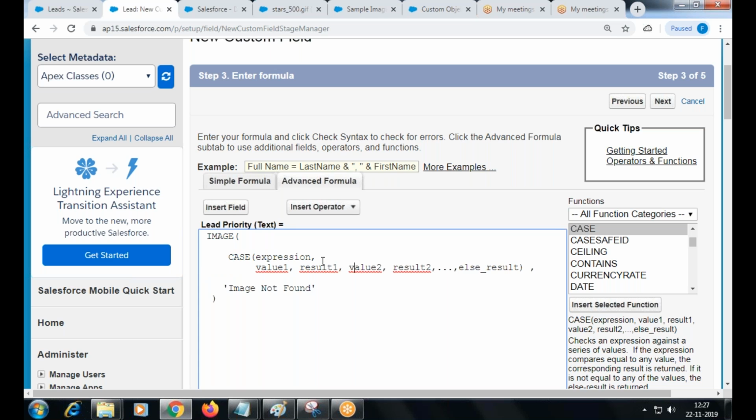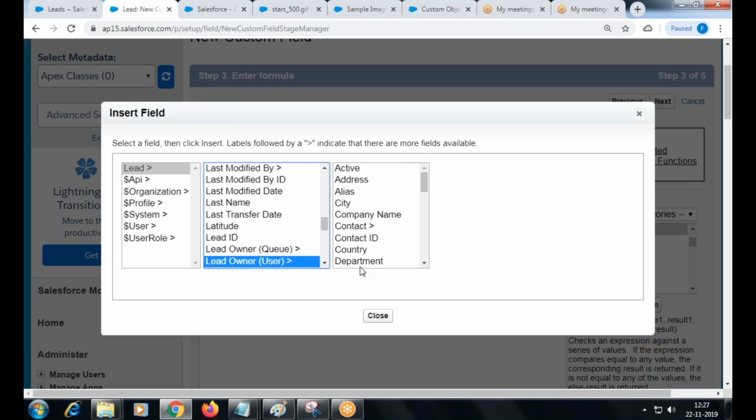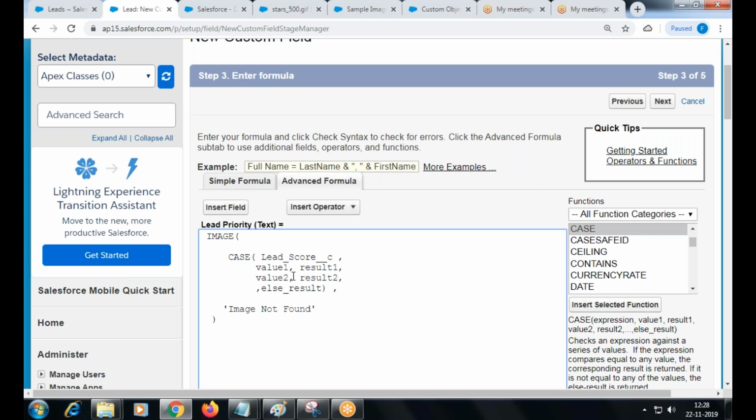Like this. Okay, so like this. Right, now the expression is going to be lead score.